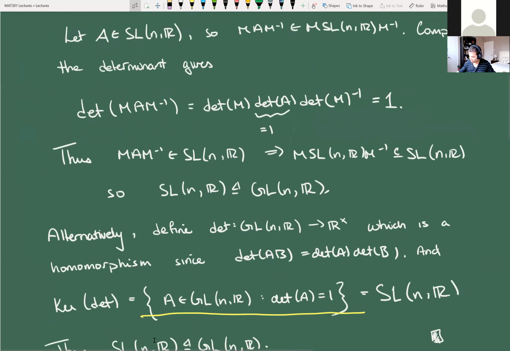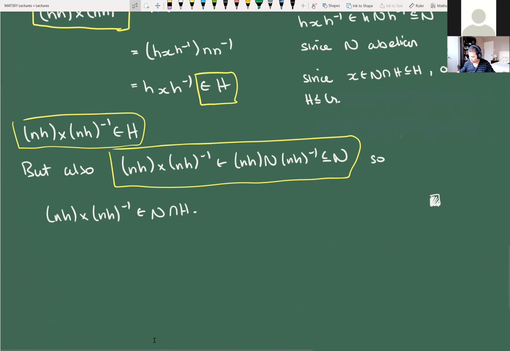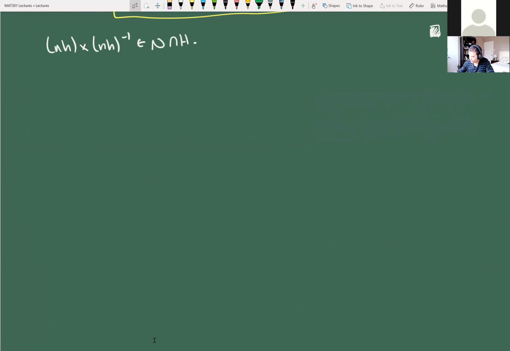Okay. So let's take up 4. This one, we do need a little bit of a trick here, right? So what do we know? What are we told? I've misplaced the worksheet. Okay, so we're told that H is normal in G, which implies, right? What we want to do is show that the centralizer of H is normal